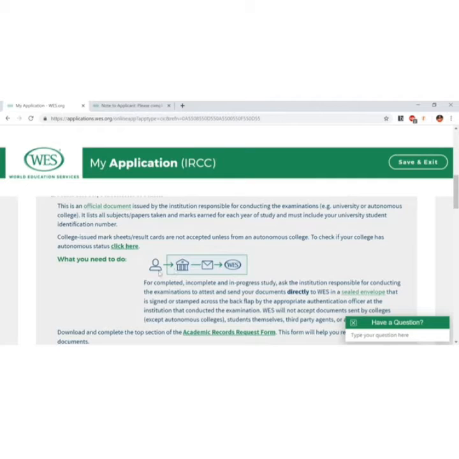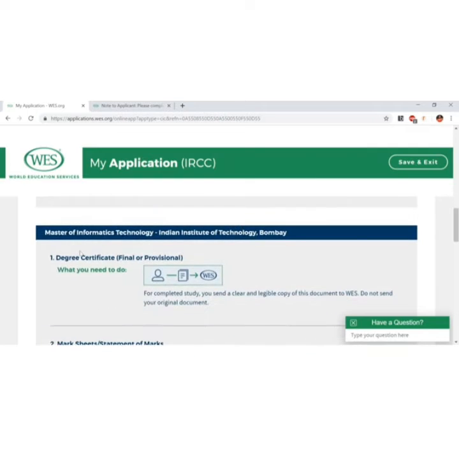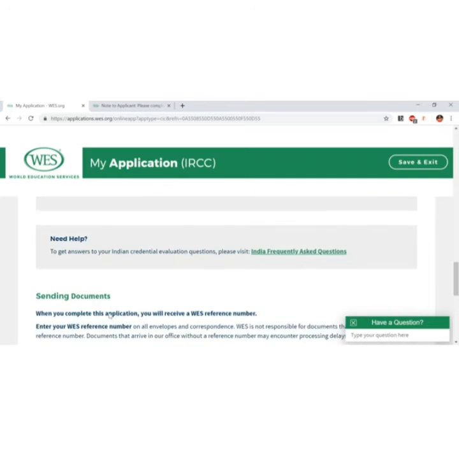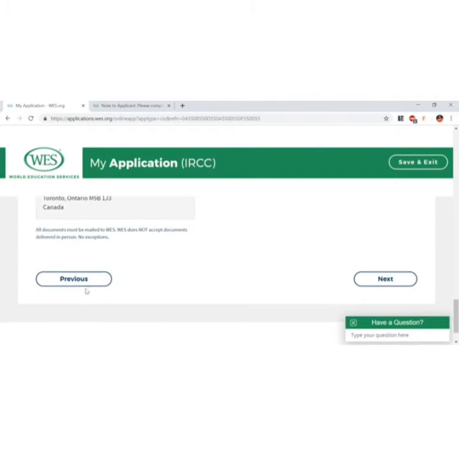So you're going to your university, asking them for the transcript. They have to put the certificate in a sealed envelope, seal it with the college seal or some type of seal which cannot be opened by anyone else, and they will send it to WES. This is it. Again for master's, we have to do the same. The degree certificate, you have to send directly to WES. The transcript, the college has to send directly to WES. And both have to go to this address.